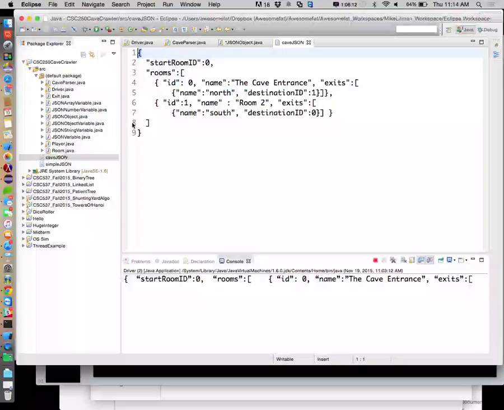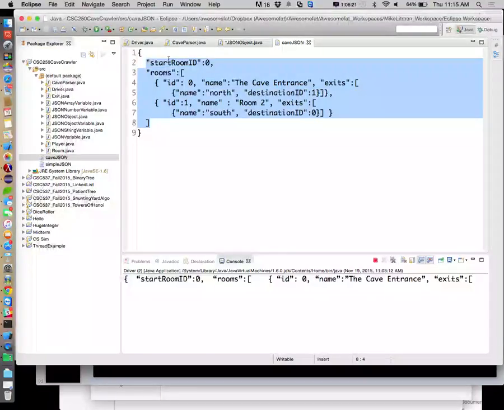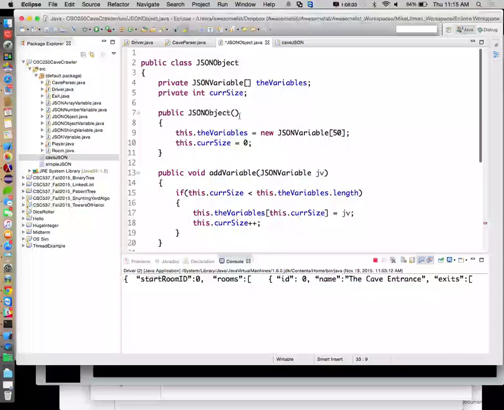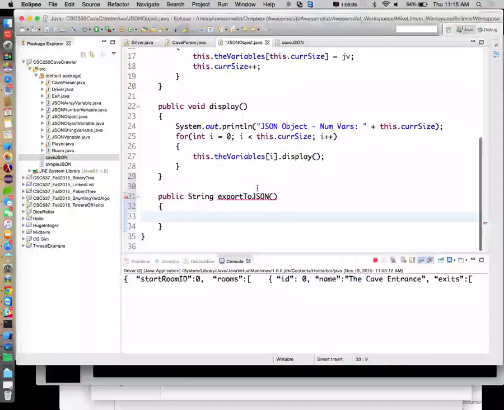Here's the first piece of bread. Here's the closing piece of bread. Everything in between can handle itself. This is a variable. This is a variable. This is a variable. So on and so forth. Okay? So at the very least, from a JSON object's perspective, for him to turn himself into a